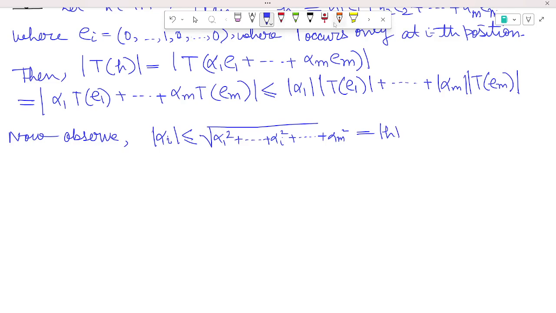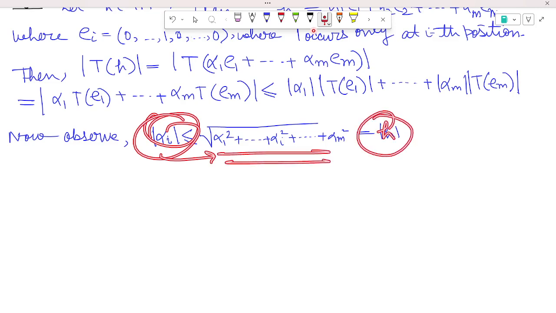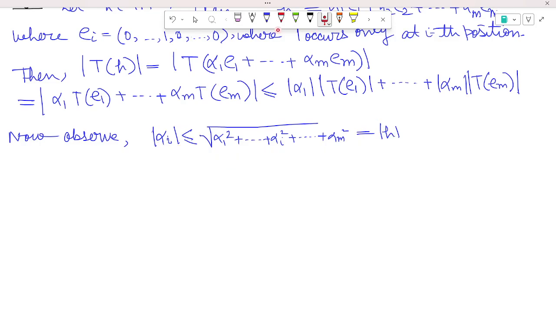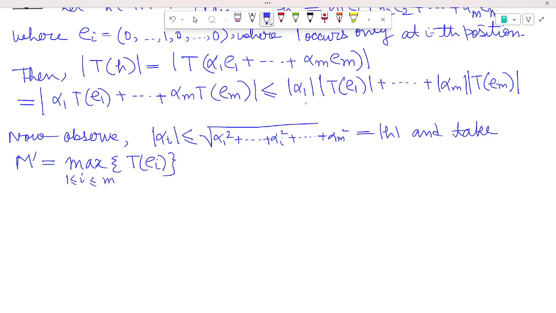So each alpha i being less than or equal to the norm of h, therefore the modulus of alpha i is less than or equal to the norm of h. And we will take M dash equal to the max of the norm of T(ei), where 1 is less than or equal to i, which is less than or equal to n. Then we get